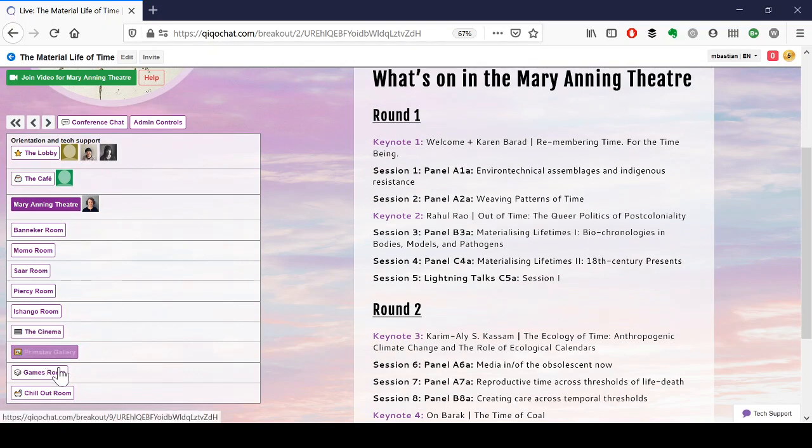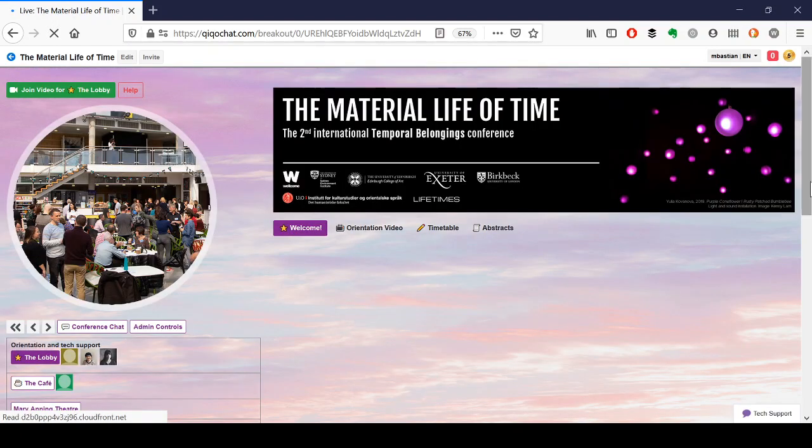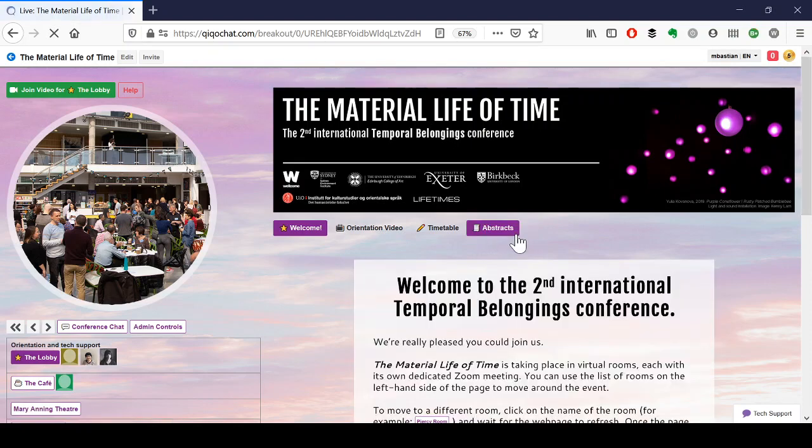I won't go into all of these rooms, there's different things available, but you can just have a little bit of an explore. So next I'll take you back to the lobby and we'll have a look at how the timetable works. So the abstracts are the Google Doc, you can find all the information there, the detailed abstracts for